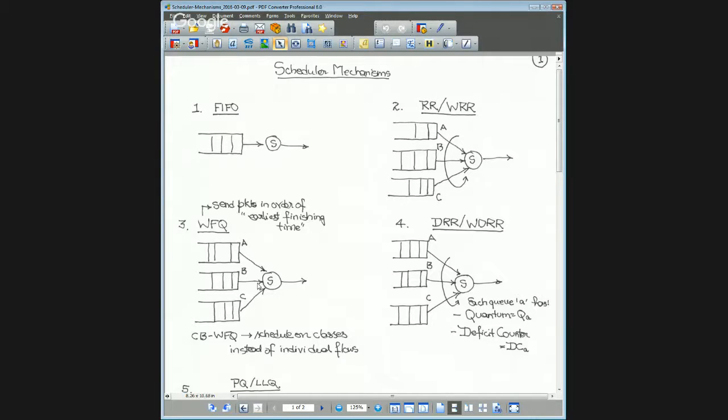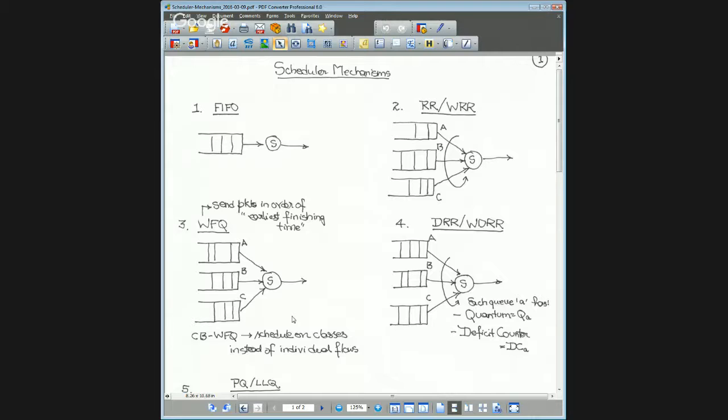we go into the third kind of queuing mechanism, which is weighted fair queuing. What weighted fair queuing is doing is really trying to approximate what's called generalized processor sharing, which is an ideal queuing discipline, where the assumption is that the queues are essentially pipes, and the outgoing link is one big pipe, and a small amount of fluid from all of those pipes is going out in parallel on the outgoing link. So the way WFQ works in reality for discrete size packets is that you compute the earliest finishing time of packets, assuming that you have an ideal generalized processor sharing scheduler running in the background, and then based on those finishing times, you actually transmit packets from